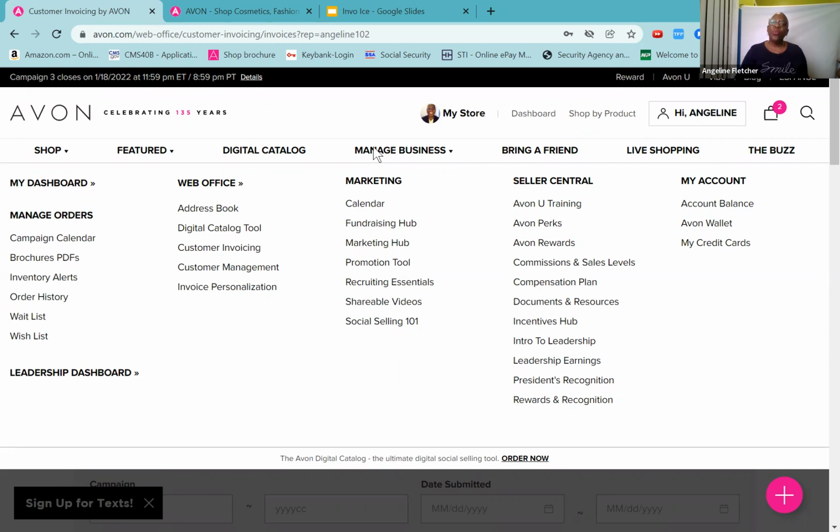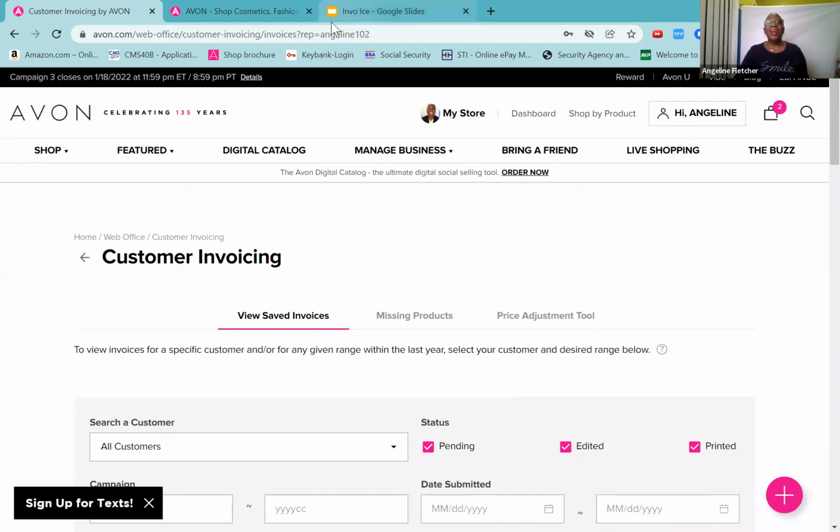Remember, you're going to Web Office. This is where we manage our business. Then Manage Business, then Web Office. The first thing you will do, if you have not done it before, is personalize your invoice. That's a one-and-done task. Then you're going to Customer Invoicing, and you create your invoices for your customers, and voila, it